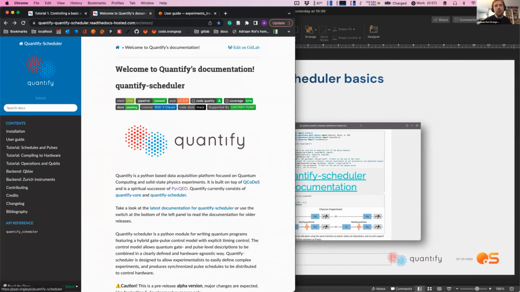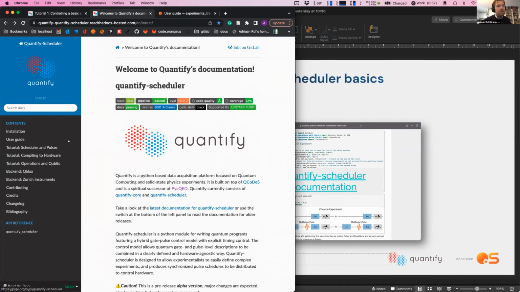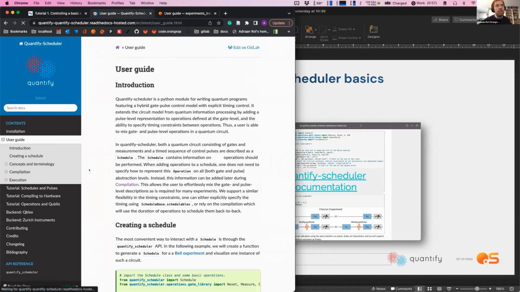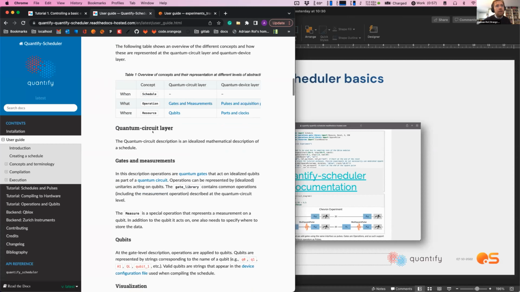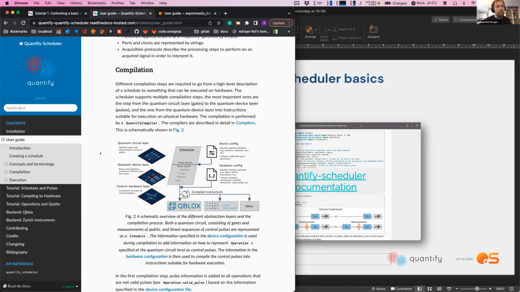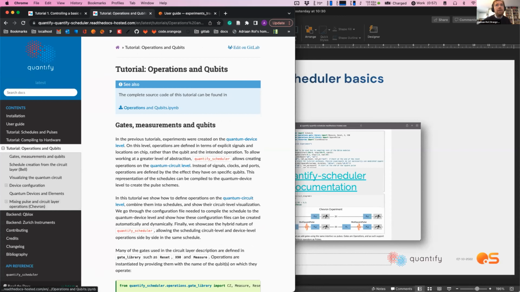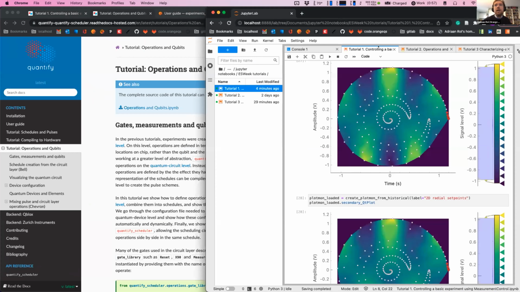So we just released version 0.9 yesterday, which is a very exciting improvement on the compilation backend. And similar to Quantify Core, we again have a user guide where we're explaining the basic concepts, the hierarchies, the schedule operation. You can see also all of the figures that I use in my presentation here. But what's interesting is the tutorials. I'm going to skip the two basic ones because for this format I can't do them justice anyways. But what I can do is show you, there's my Jupyter Lab.